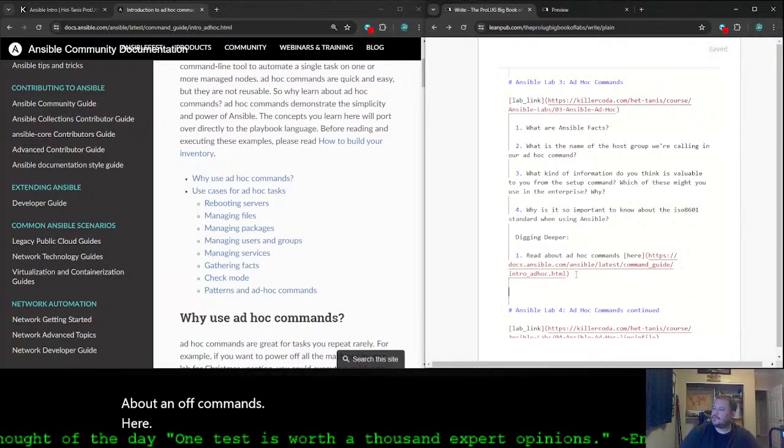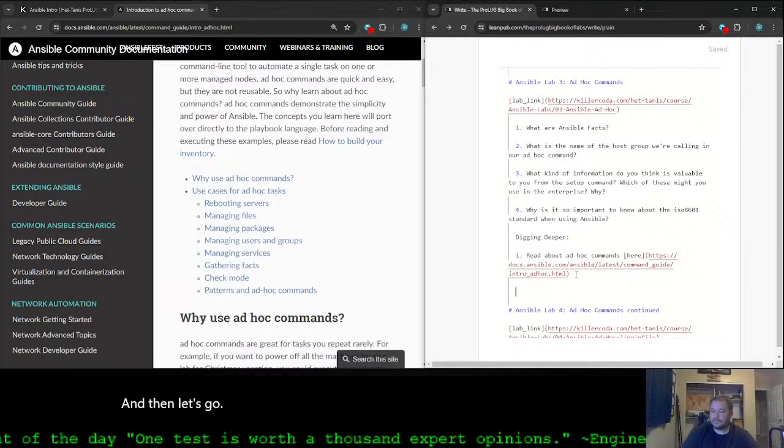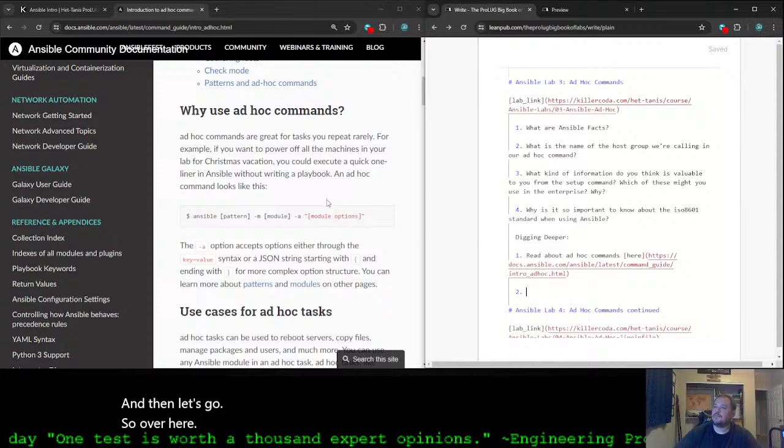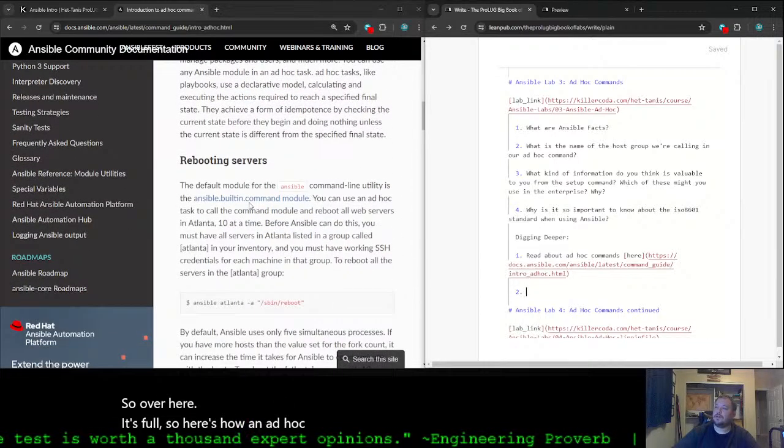So here's how an ad hoc command works, right?